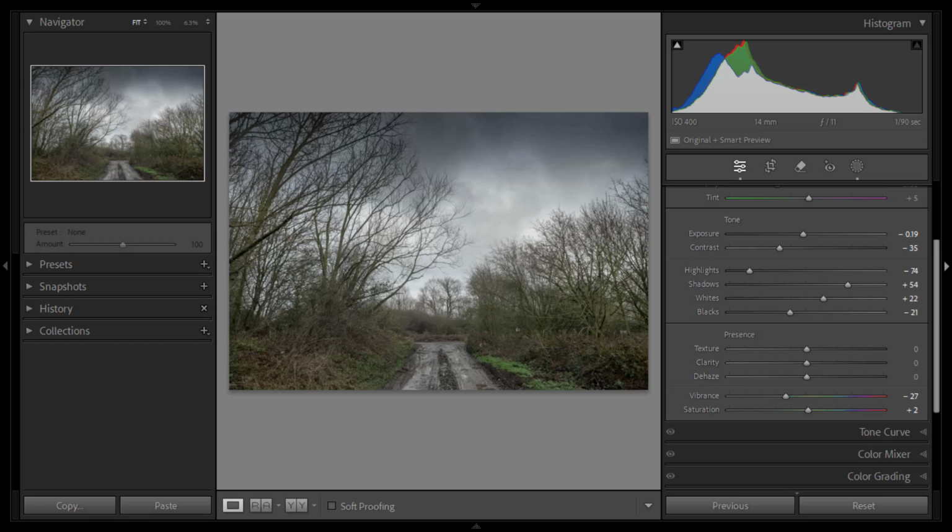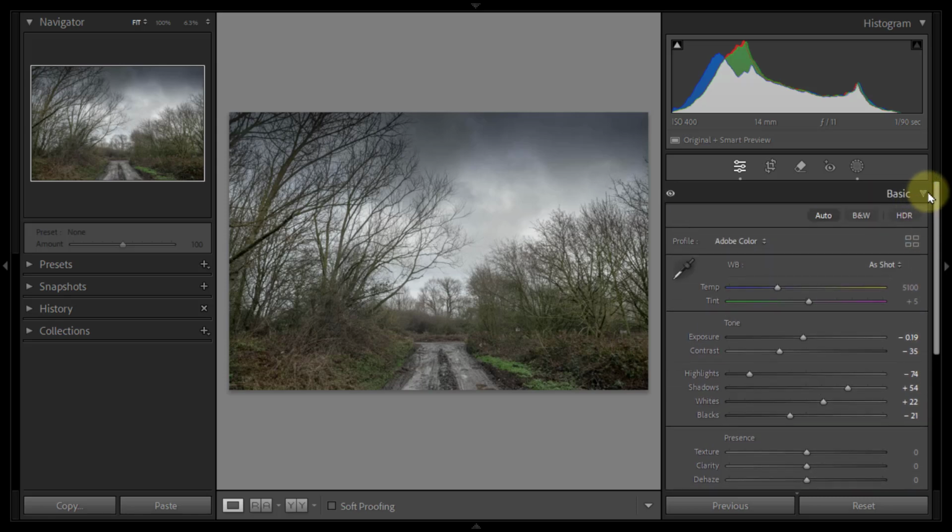Those colors are not so intense, not so distracting, but there's still a lot of work to do with this. But that is all I'm going to do with the basics panel for now, and I will come back to that and refine these adjustments later. But now what I want to do is to just shut down the basics panel,